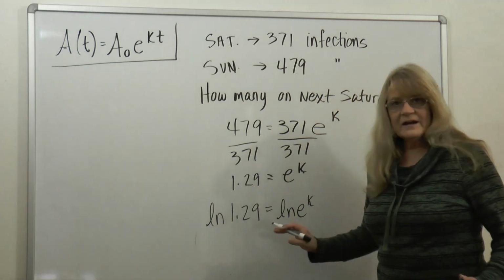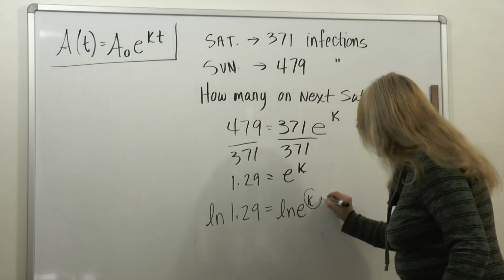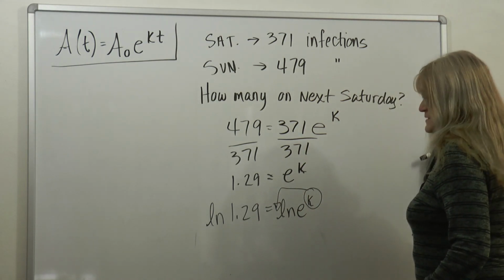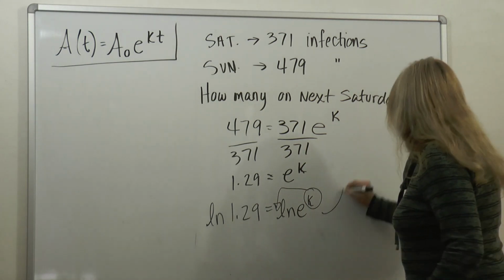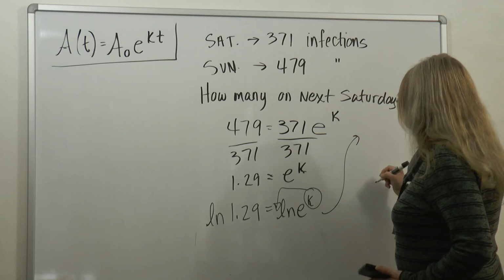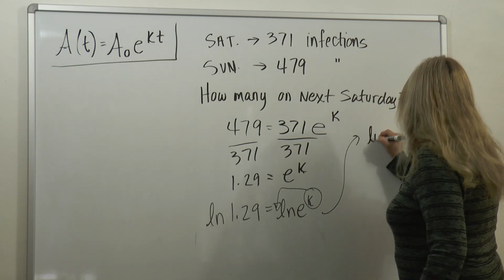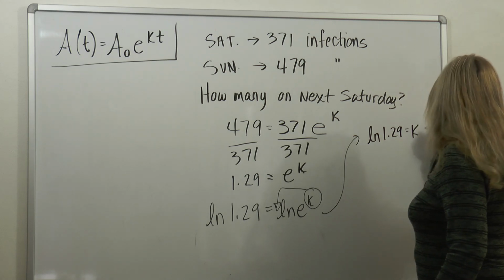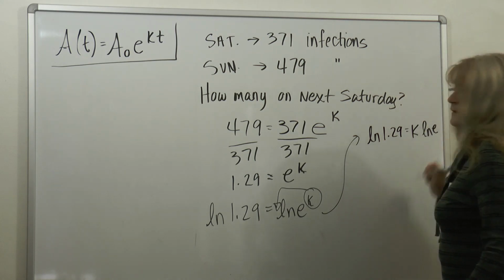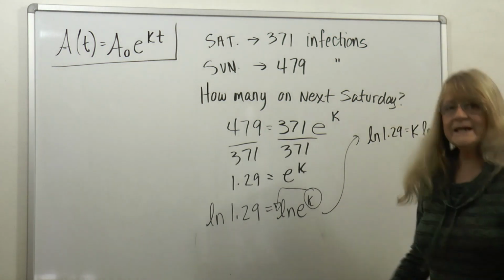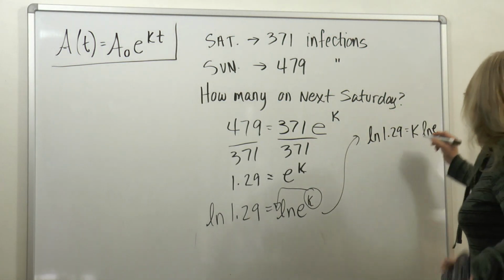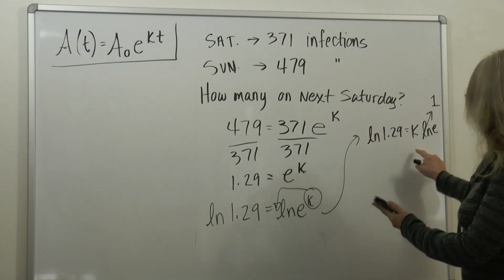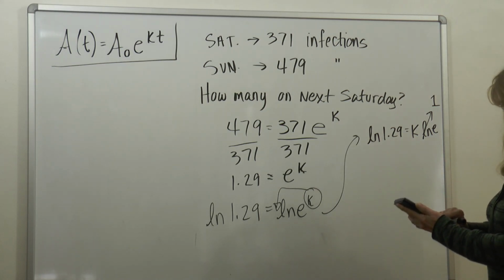And the whole point of taking the natural log of both sides is so that I can bring this exponent out front and then it won't be in a funky position. Okay, so I have the natural log of 1.29 equals k natural log of e. Do you remember what the natural log of e equals? 1. Good job, guys. Okay, so k is the natural log of 1.29,